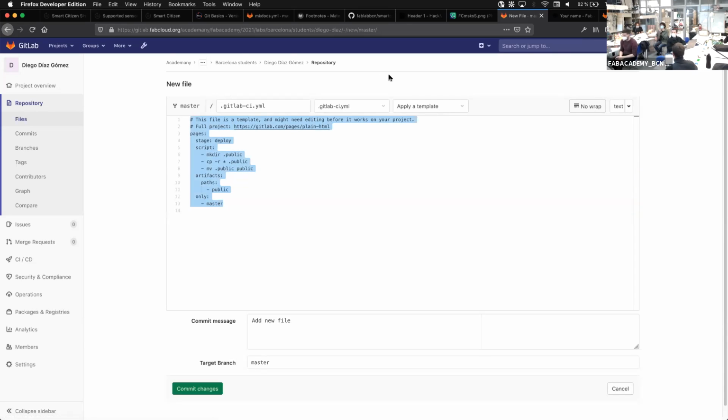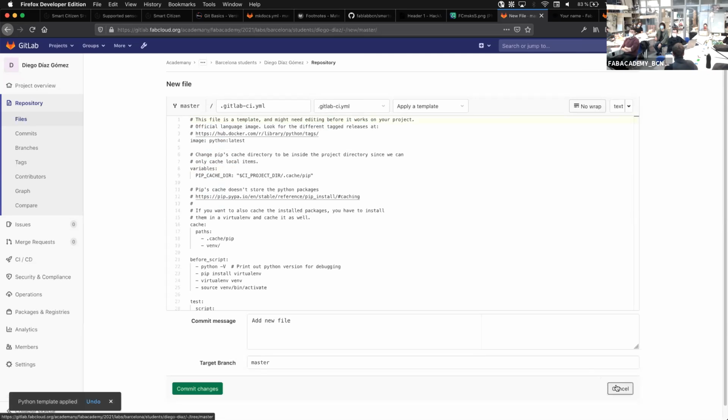Okay. So we have to change something in the template, or we save it as it is? So this is the file on GitLab, and this is only in case that you wanted to deploy HTML-based sites that you build locally with mkdocs or with any other SSG. If you didn't want to do that, you could do mkdocs in Python, but that's too complex. You just use the template that you have available